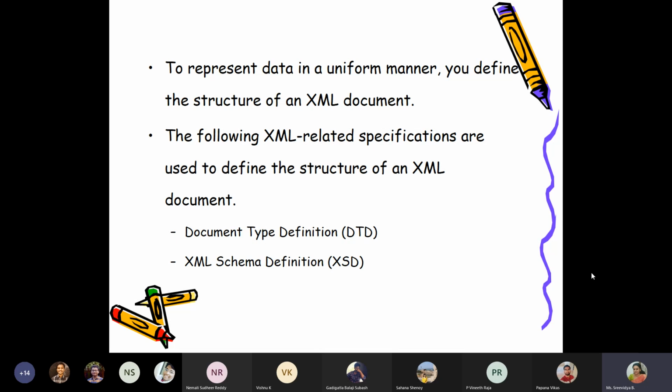If it is user defined value, then are there any restrictions on the text content? It can only take number or it can only take text content like that. Or if you are saying it's a number, whether there is a limit on the number of digits you can use in that, such kind of restrictions. So these are the details that the structure of an XML document is going to store. So looking into the structure, if you get an XML document, you can always say whether that XML document follows the rule you have specified.